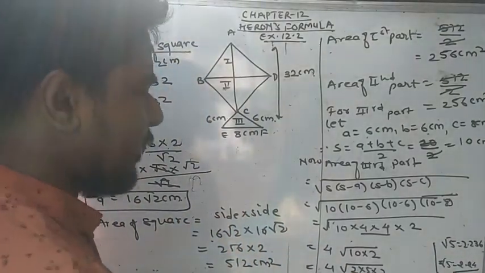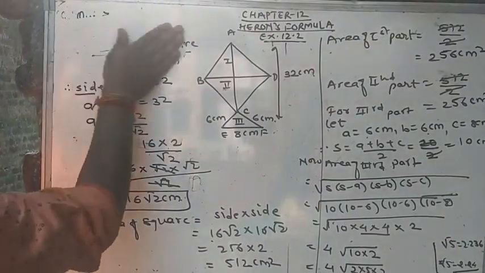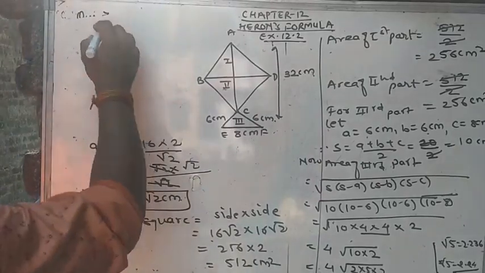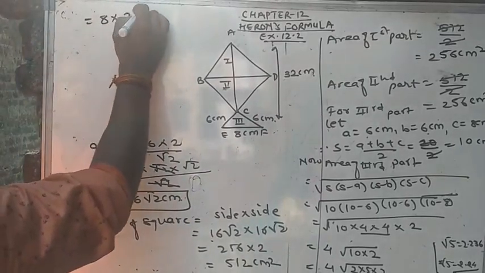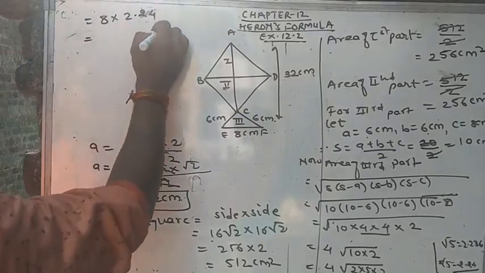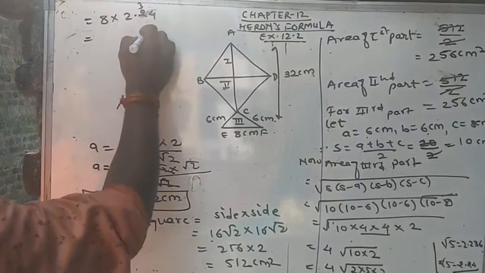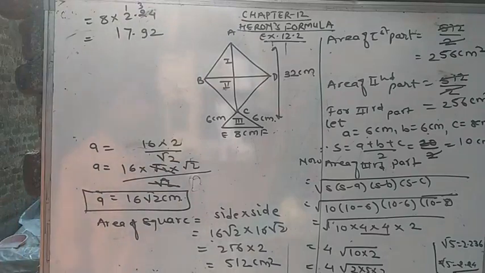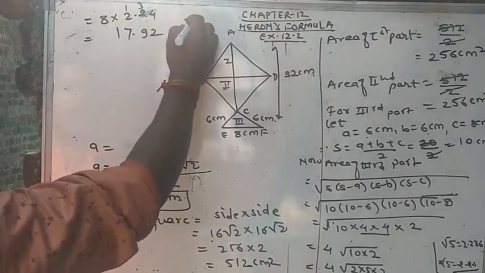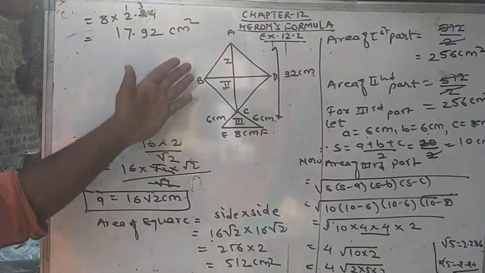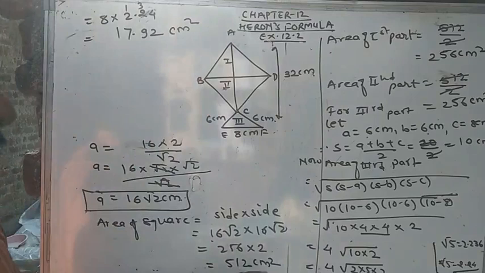Then what will be the area of the third part? That is equal to 8 multiplied by 2.24. So 8 fours are 32, carry 3, 8 twos are 16 and 3 is 19, carry 1, 8 twos are 16 and 1 is 17, that is 17.92 centimeter square. So it will be the area of the third portion. By that way we have calculated the area of the first, second and third part according to the question. Now we will see question number 8.